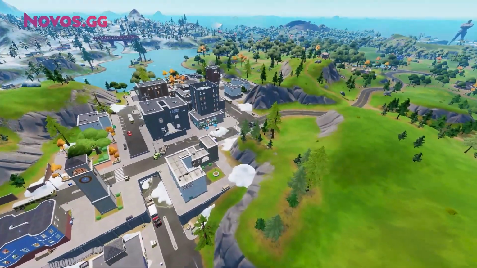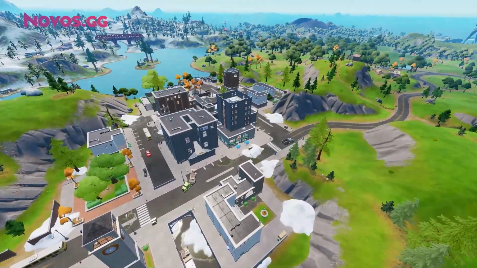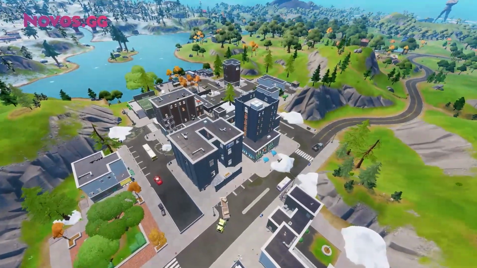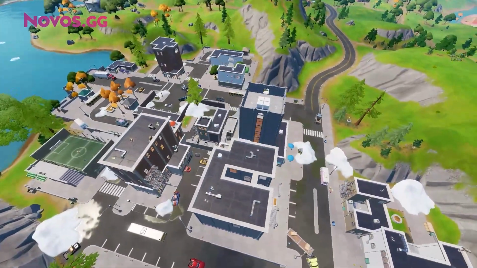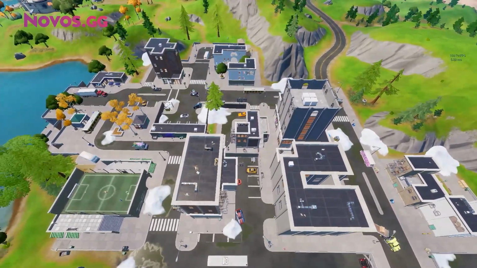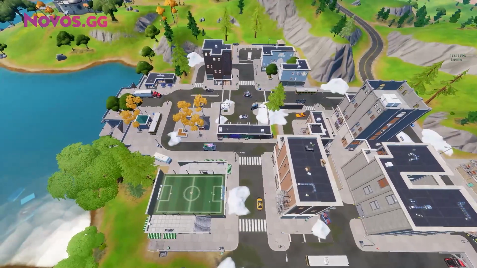Now obviously we're going to start off with Tilted Towers making a big return. For those of you that haven't played Fortnite for that long of a time, Tilted Towers is one of the most iconic drop spots to ever be in the game. It is where everyone used to land back in the days. In terms of layout, the POI itself has not changed at all. You have all of your buildings that you're used to, but in terms of loot, it has had a massive